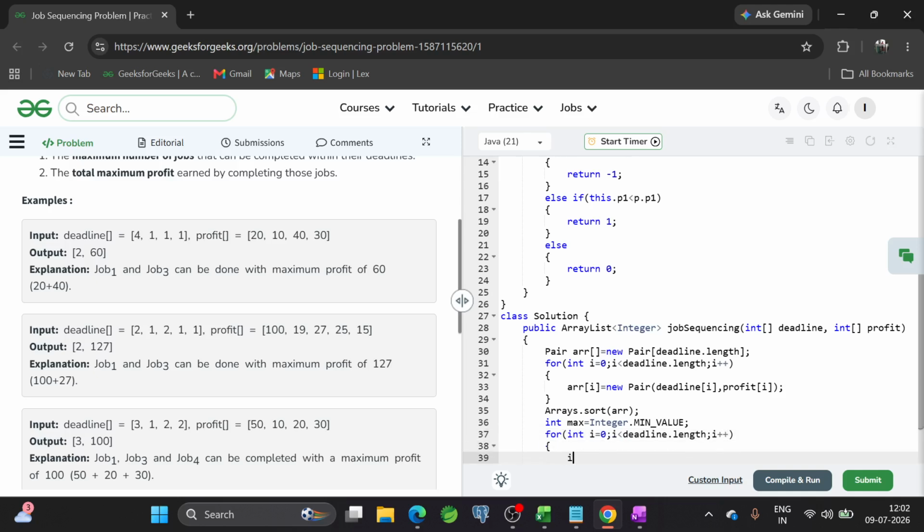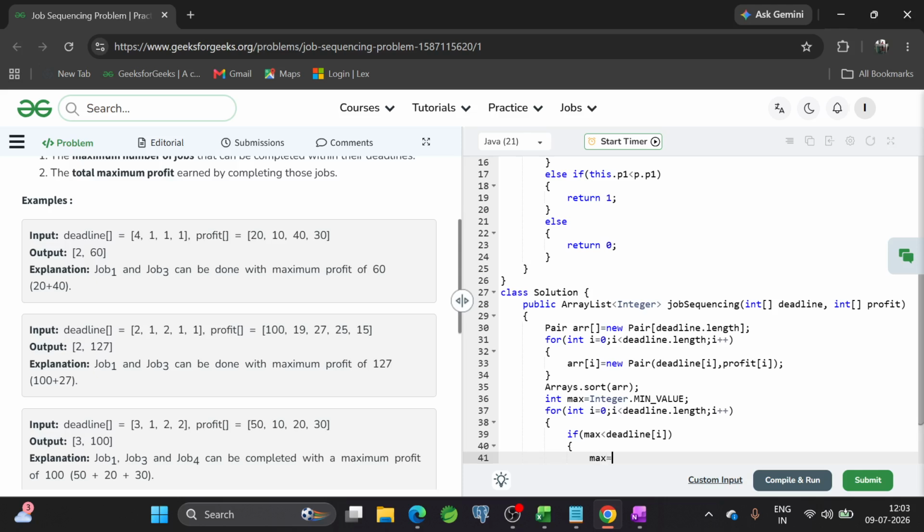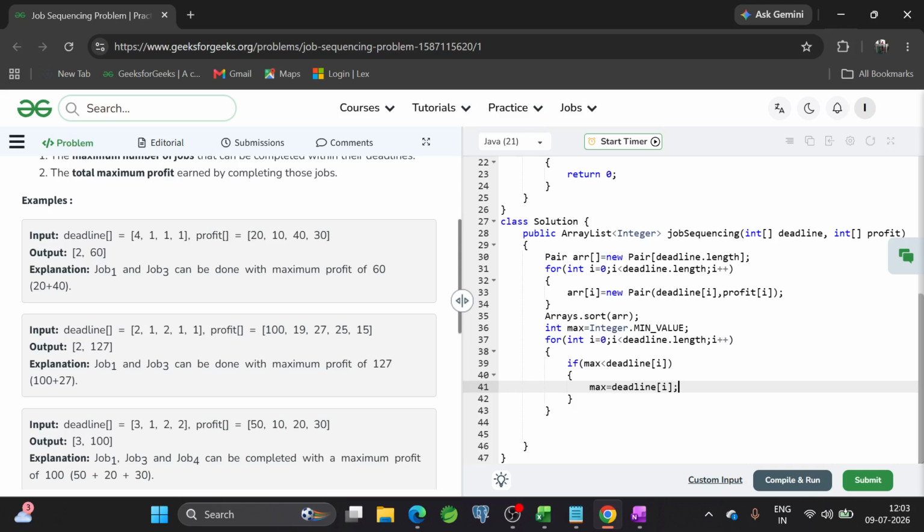So if max is smaller than deadline of i, then max equal to deadline of i. Okay. So I will create the stored array. The stored array will store which job will be completed within the deadline.